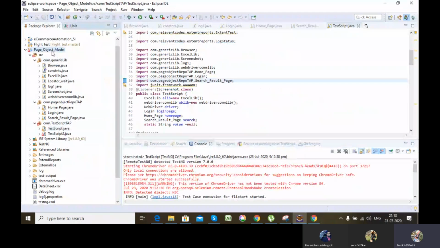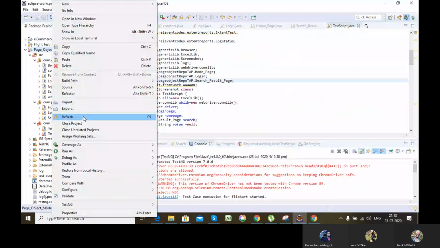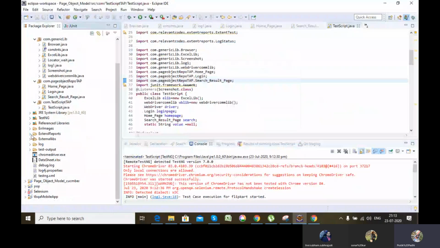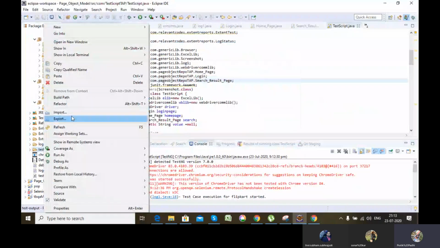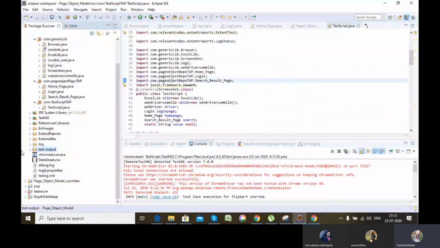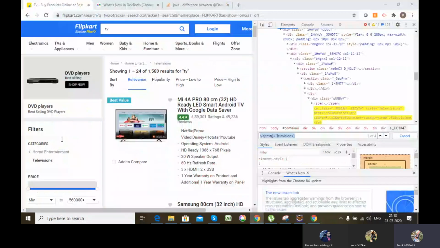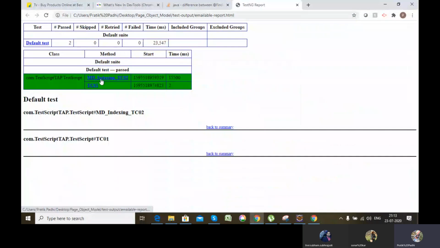The first report is my test output report that is created by TestNG. I can find all the reports and everything that is present. See, two test cases, test case 1 and test case 2, they passed.